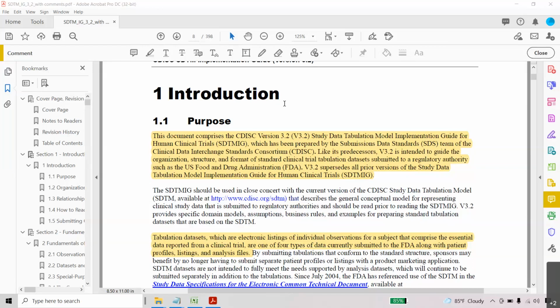By this, the approval process time can be reduced and the quality of the review will be increased. This is the very basic fundamental principle of using SDTM IG. So the first section, if you see here, the first 57 pages, as I told, talk about the general information. The general information is directly related to the variables and domains, or in the domains we can see some variables. That information will talk about those variables.